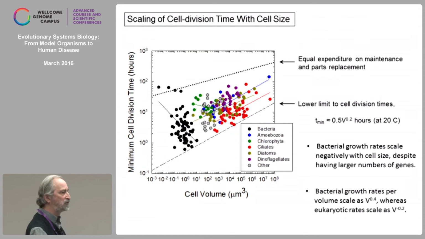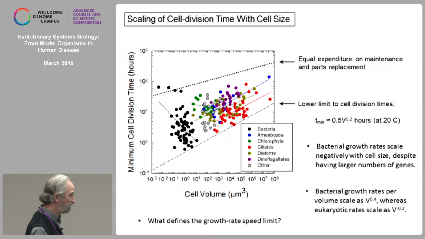So completely different scaling with respect to bioenergetic efficiency, which I'll return to in a few minutes in the context of a broader hypothesis about the evolution of eukaryotes. This line down here can be viewed as the growth rate speed limit for cells. And we have no idea why that line resides exactly where it is, but we have a lot of data